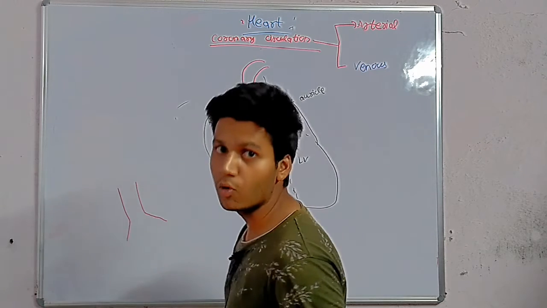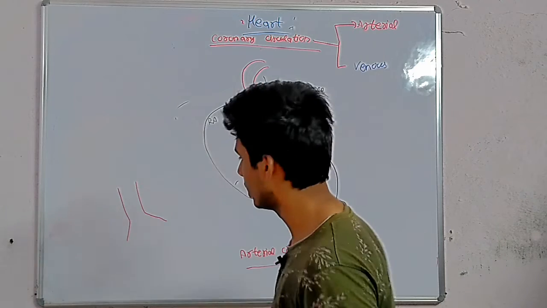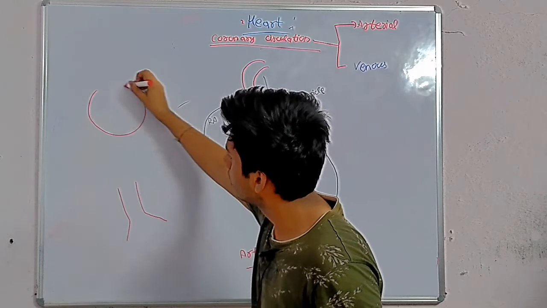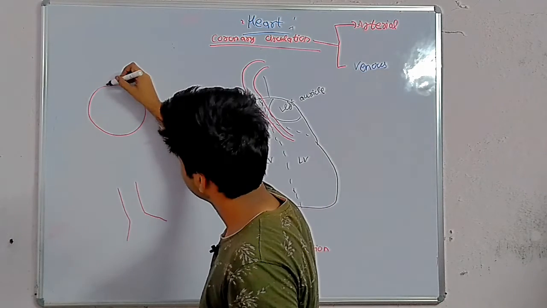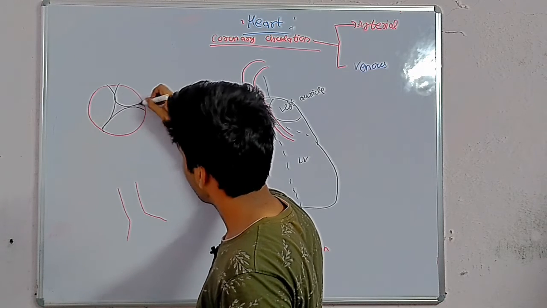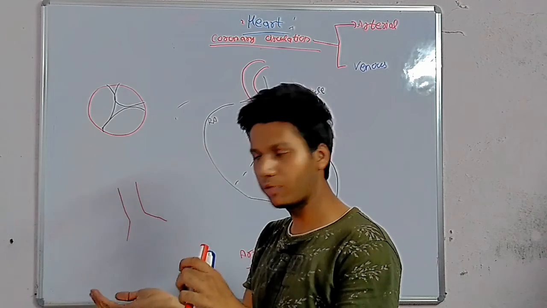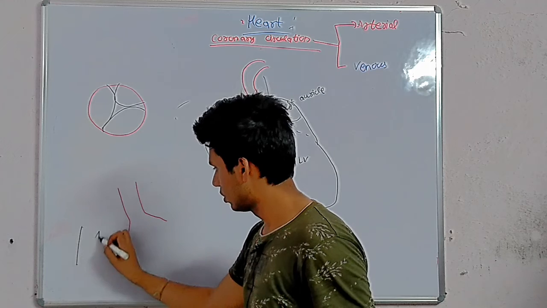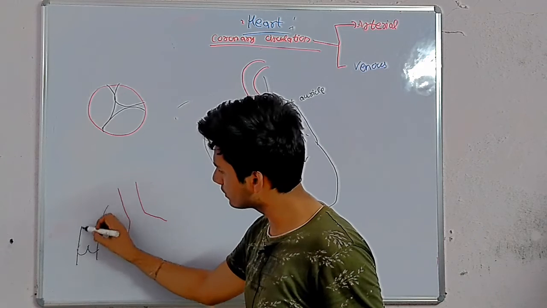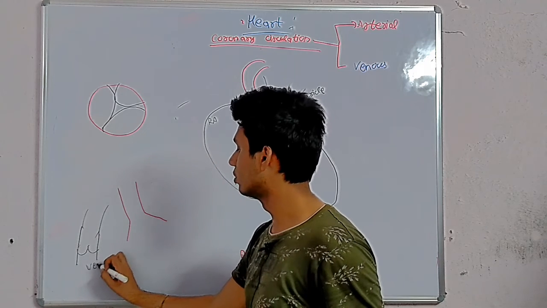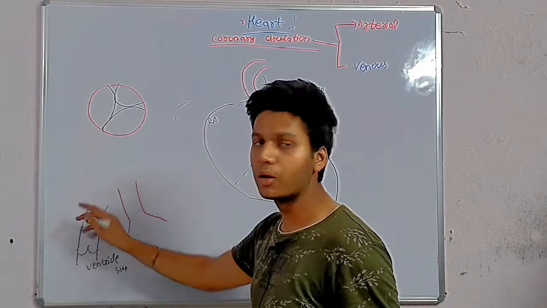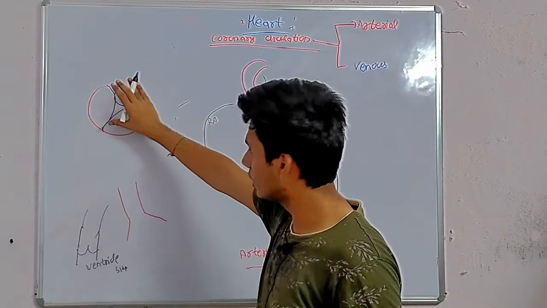It has a valve called the semilunar valve. It is a tricuspid valve, meaning it has three cusps. Let's say this whole opening has three cusps like this. What is a cusp? A cusp is a cup-like structure present inside. This is the vessel, and this is the ventricular chamber, the ventricle side, and this is the vessel side, the arterial side. So these are the cusps.